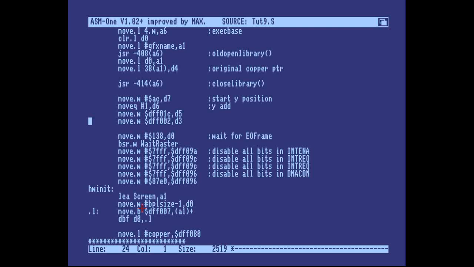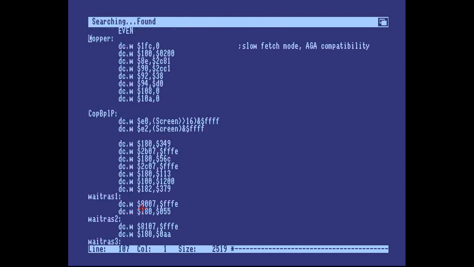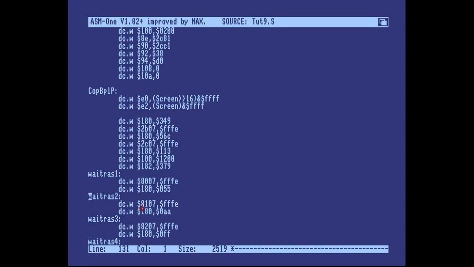And the best way to do that, you could do it in the main loop and set them each frame. But just as we moved the color changes, which are also custom chip register modifications or pokes, we can poke the sprite registers in the copper as well. And we need to set them before the